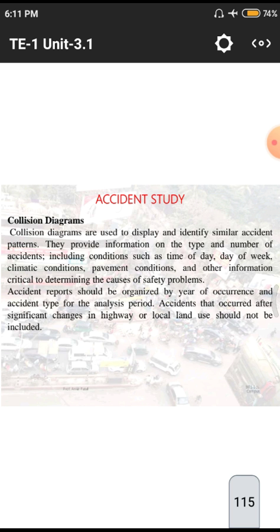Next one we have is other information critical to determine the causes of safety problems. That means is there any irrelevant terms? In some cases we have trees falling. That means in some areas trees keep falling, or any other